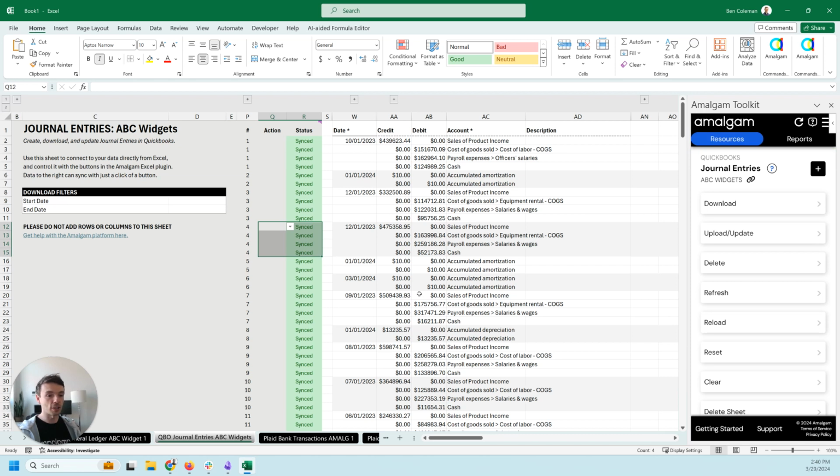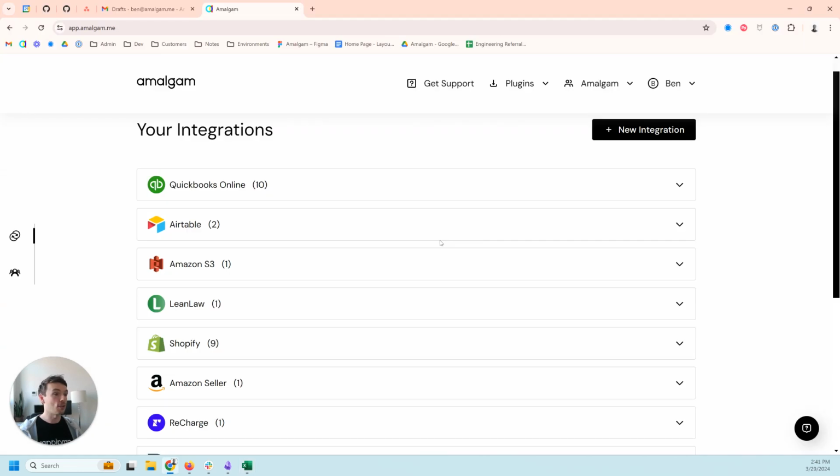So you never have to actually open the website in order to create a complete workflow from inside Excel or inside Google Sheets. You can obviously delete things as well, or you can create brand new entries to create sort of a data pipeline from one system to the next. Obviously, there are a lot of things you can do with this, but I'll just go on to our final difference,